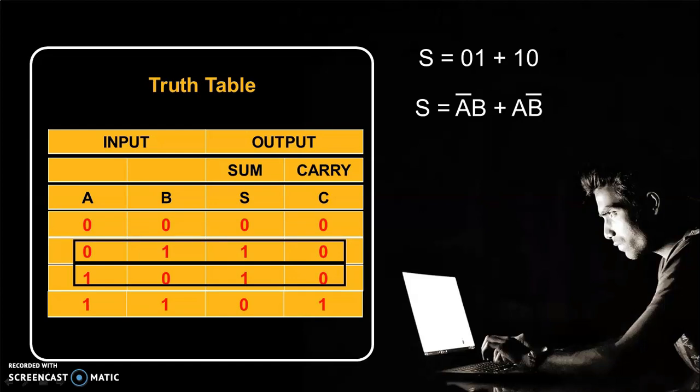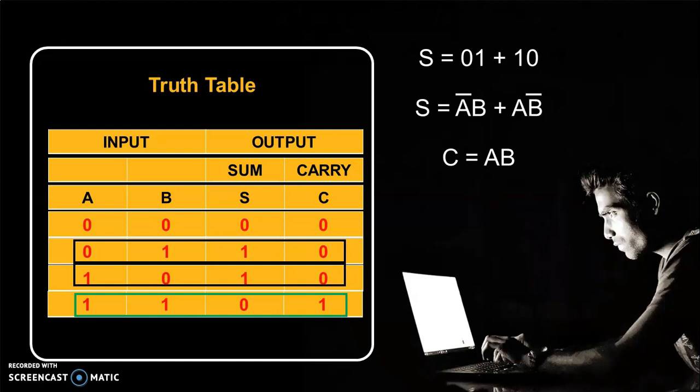Now we can see that in case of carry also we have to check the outputs and we will have to identify the min terms where we have a high output. So for carry if we check, high output is possible only in one condition, and that is the last condition, 1, 1. We can see that in case of A and B both are at 1, 1 simultaneously, then we have carry at a high level. So we can write again a Boolean function for the carry, that is C, and condition is 1, 1. So we can write AB.